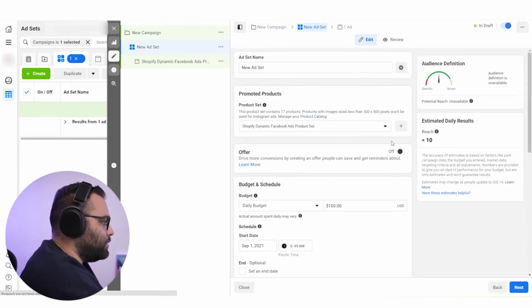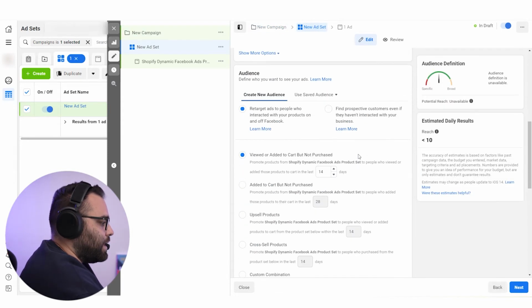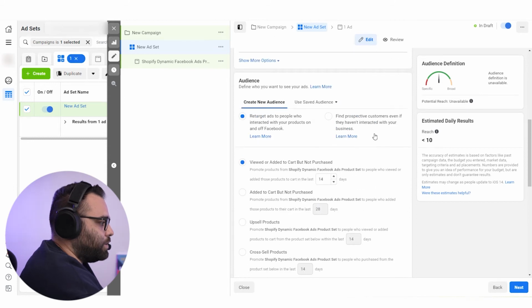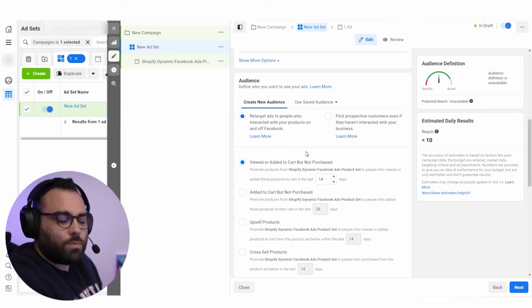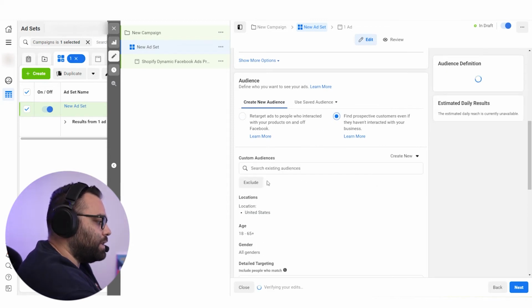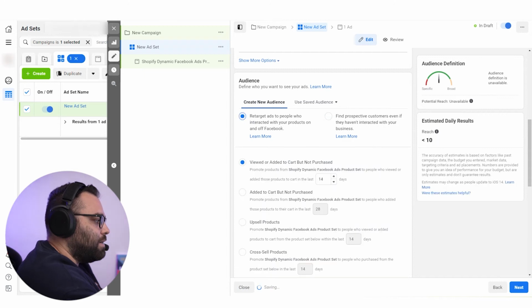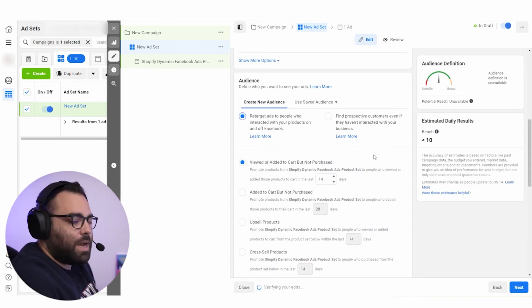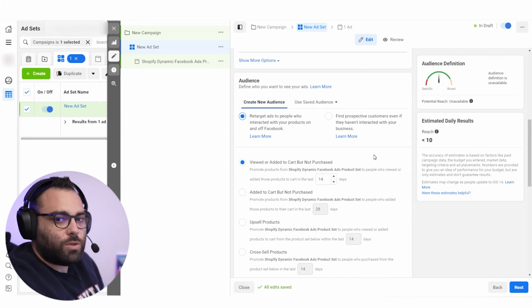Okay, so after you create a dummy catalog campaign, you can come here, and you can see that you have two options. Either you retarget ads to people who interact with your products on Facebook. This is one of the options. The other option is that you can put your own targeting, your own custom audience and everything. But a lot of times people, especially amateurs, who don't know all of the settings, or are afraid and want to use the default settings, pick the first option.